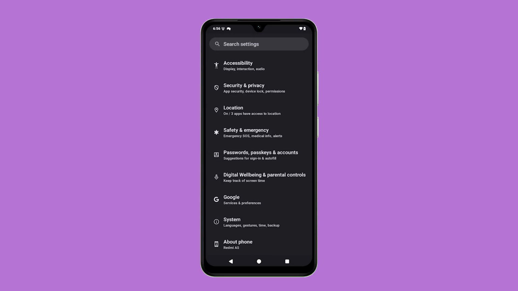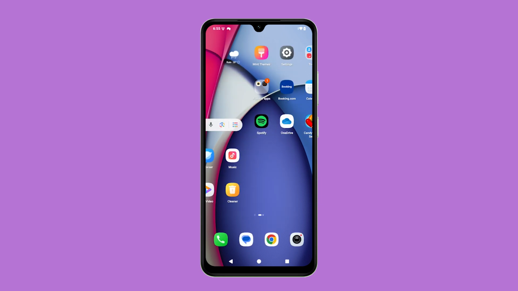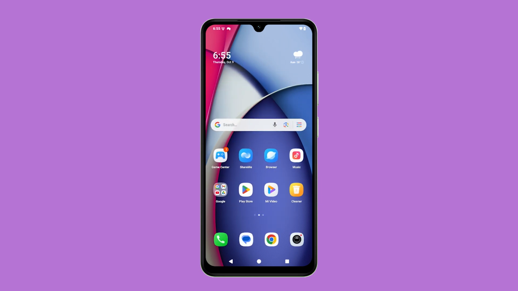You've just learned how to change your default USB configuration on your Xiaomi Redmi A5 so it connects exactly how